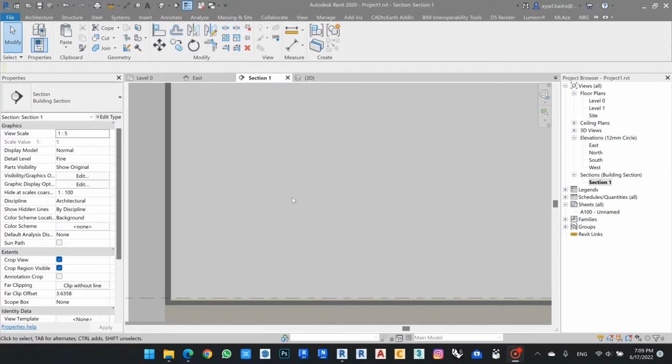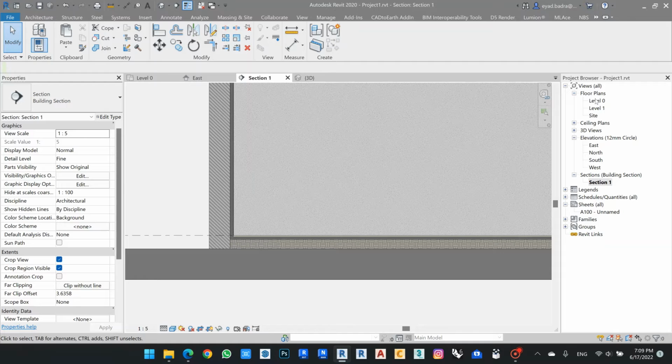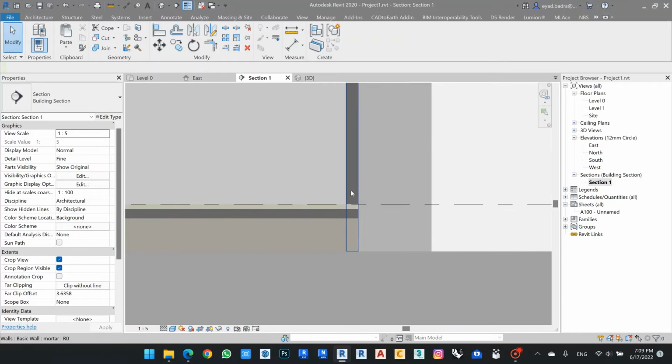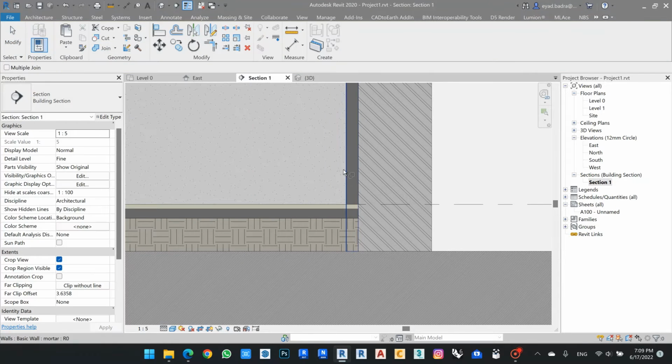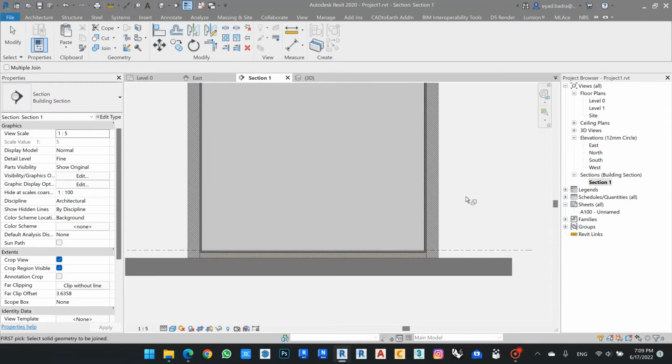And of course, once I finish that one, you need to make the connection between the full wall. For example, this one is still not joined, so I need to join that one. And also,